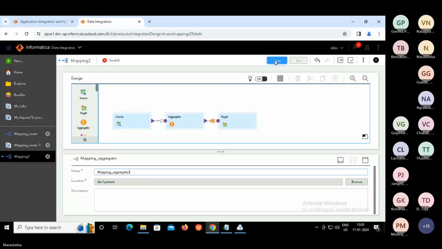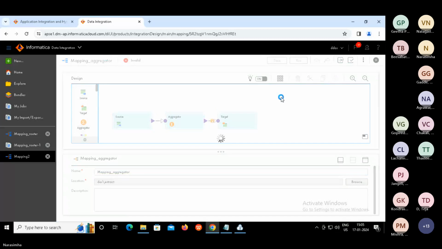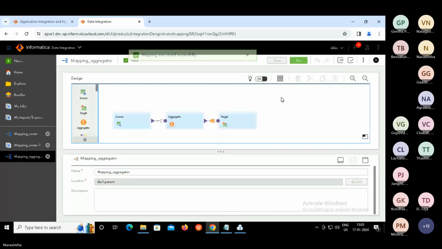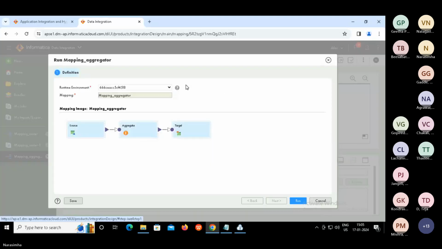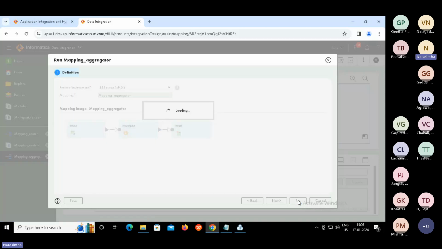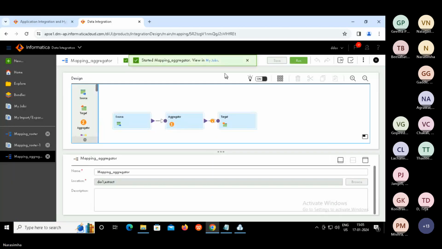Save it, and then run. We have the runtime environment selected. Preview can be seen, and click on run. Click on my jobs.